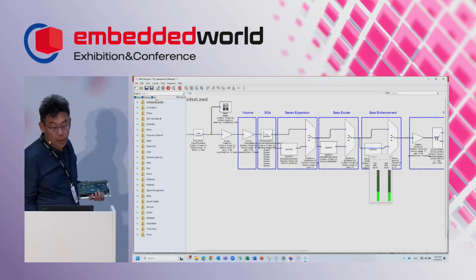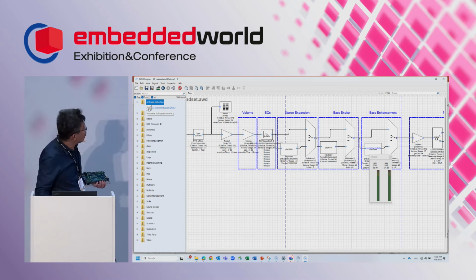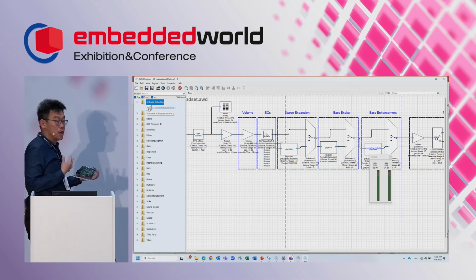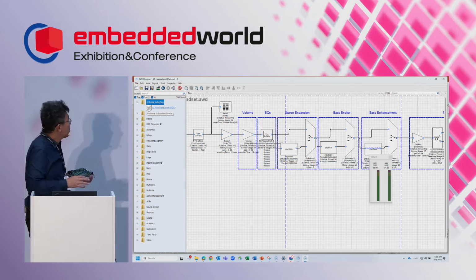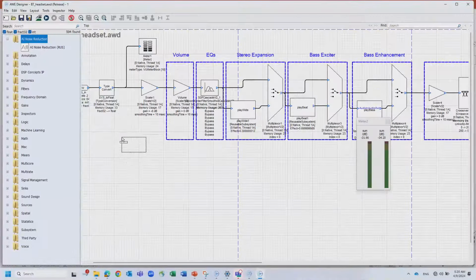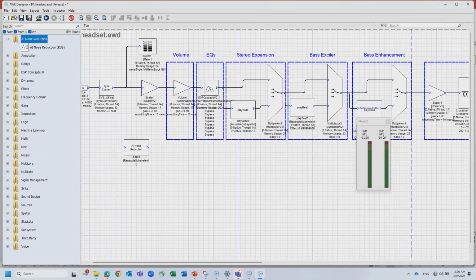And with the AI zip, it got wrapped into a module. So any of the third parties you are trying to license, whether it's 3D immersive audio, AI noise reduction, or beamforming, becomes a module, and you can just drag and drop it into the signal path, right? Then you connect the signal flow, wire it in, and you can hear the effect through your Windows. And when you're happy with what you hear,